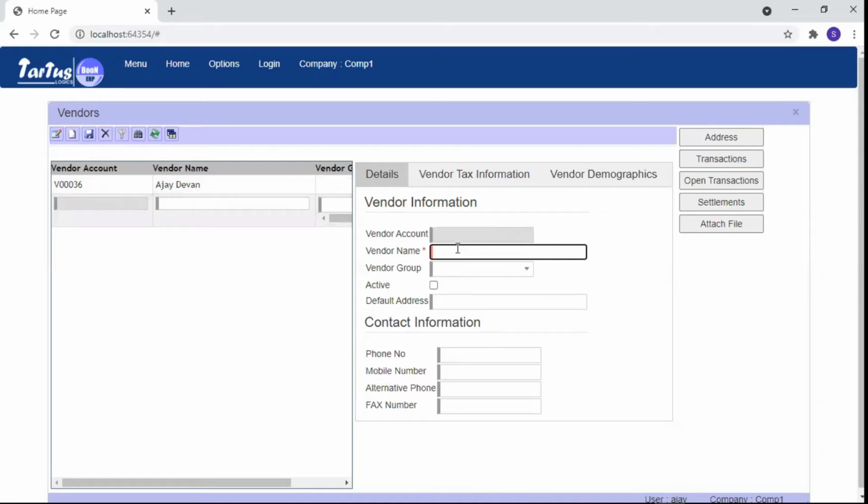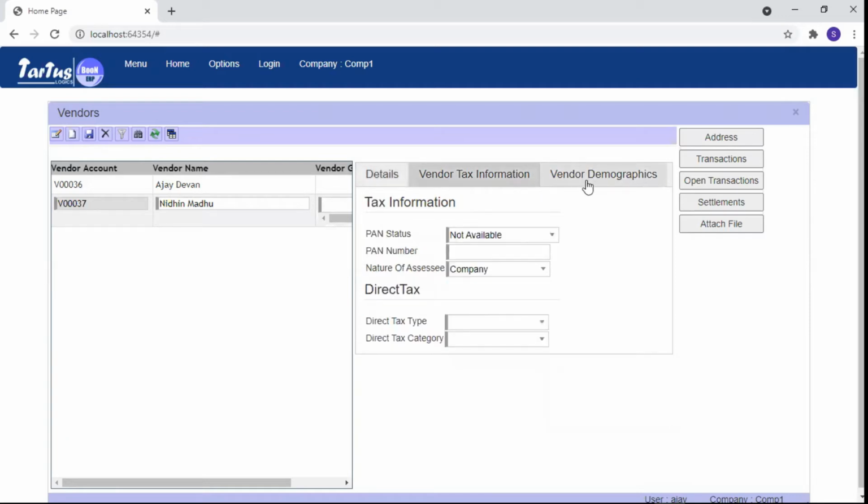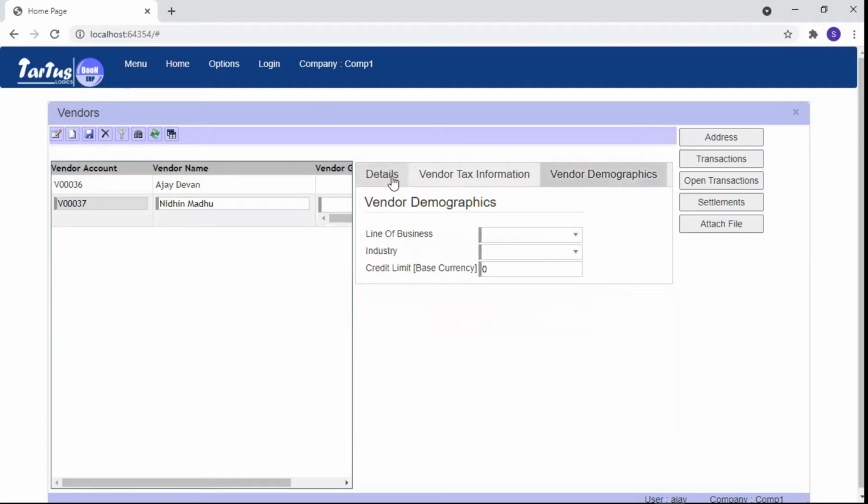We will create one more vendor and activate the vendor. On saving the record, the vendor ID will be automatically generated. We can record contact information, tax information, vendor demographics, etc. in the respective fields. Now we will keep it blank.